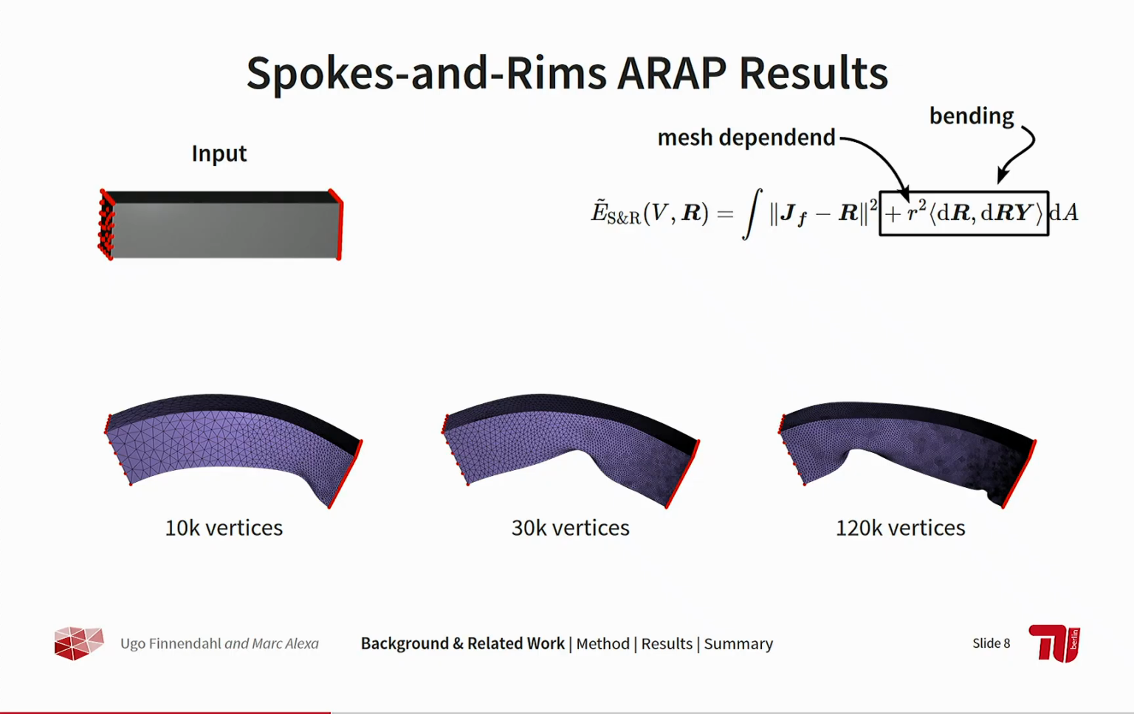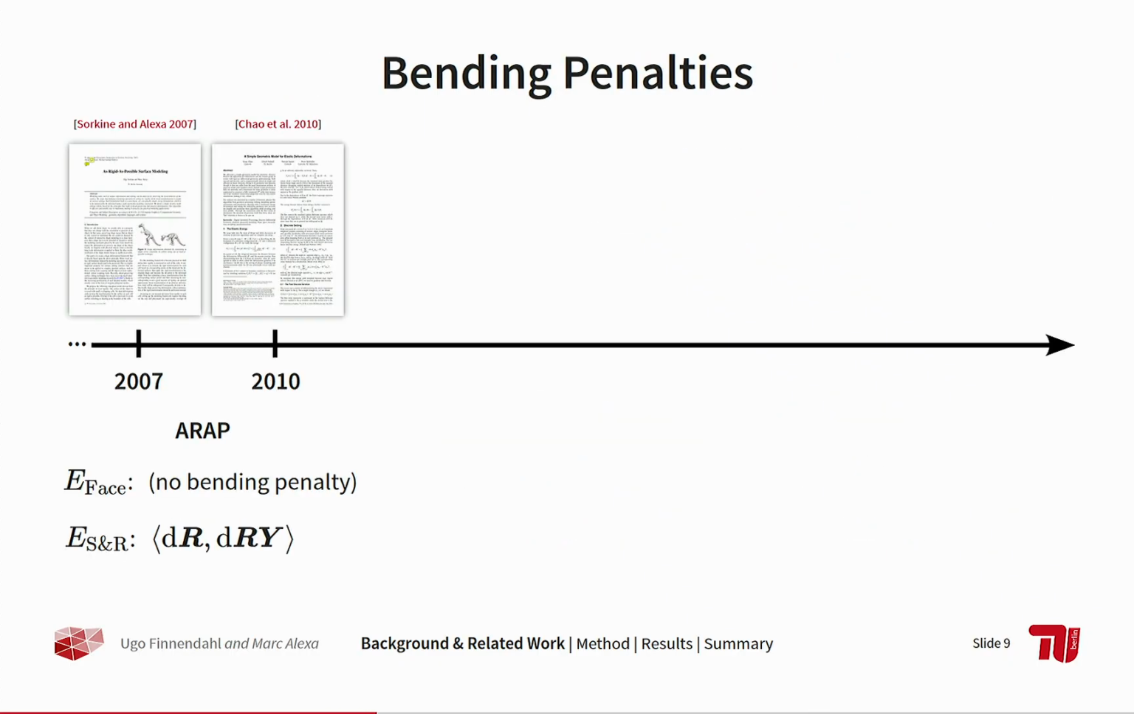Which is a problem I think a lot of people ignore too often, or at least I heard people complaining that ARAP doesn't work on high resolution meshes, which is true, but this is the reason, and we should solve this. So starting from these two papers with the face-based energy without bending penalty and the spokes and